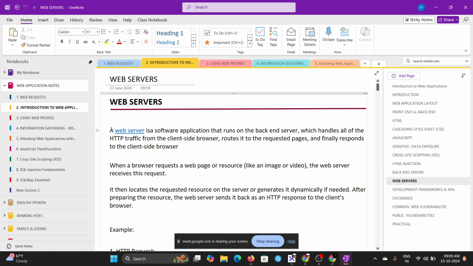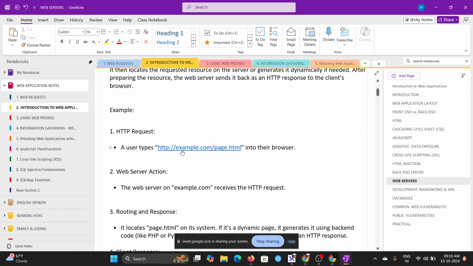So here, a web server is a software application that runs on the backend server, which handles all of the HTTP traffic from the client browser, routes it to the requested page, and finally responds to the client's browser, right? So this is an example. We have an HTTP request. Let's say a user types